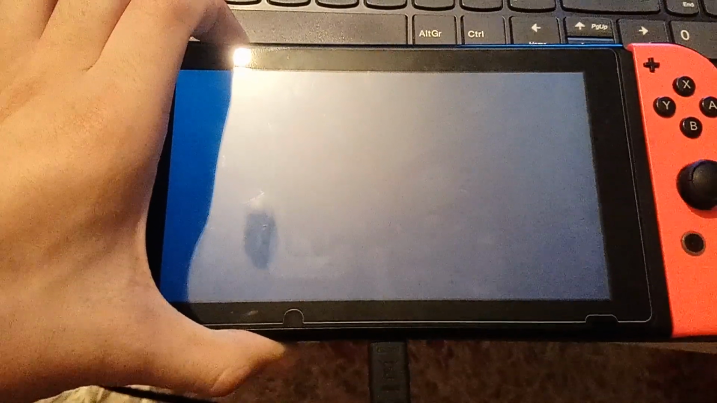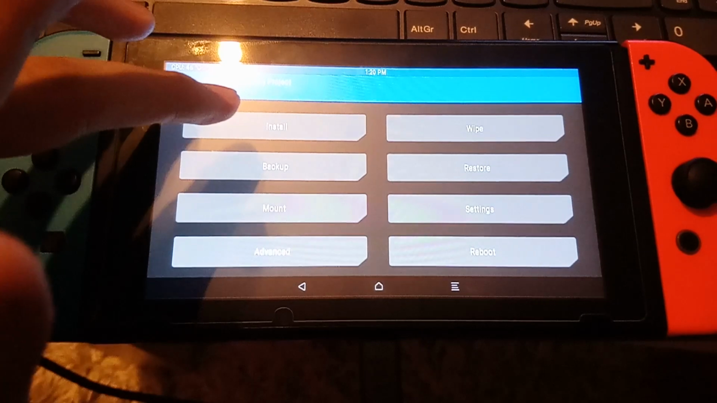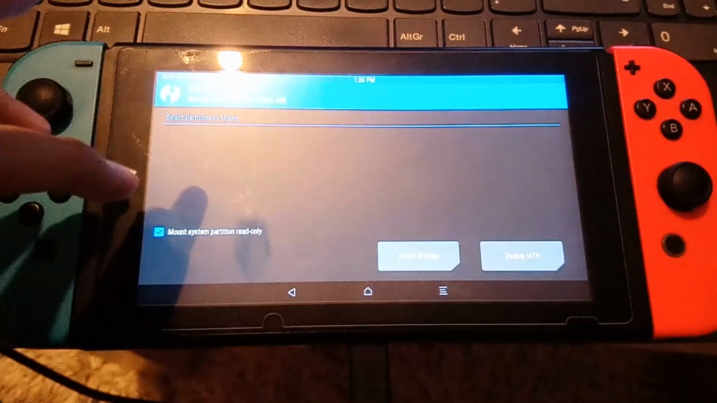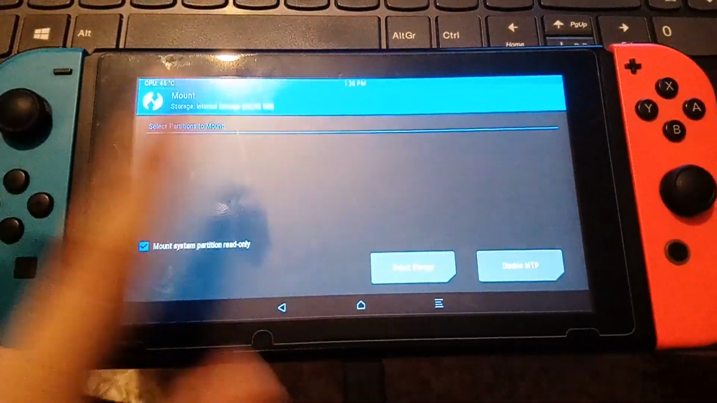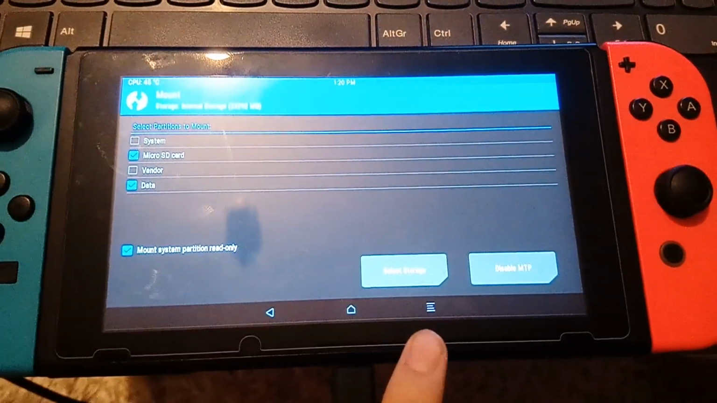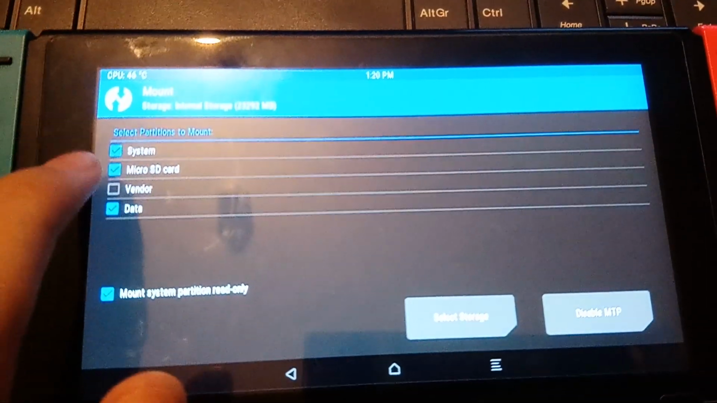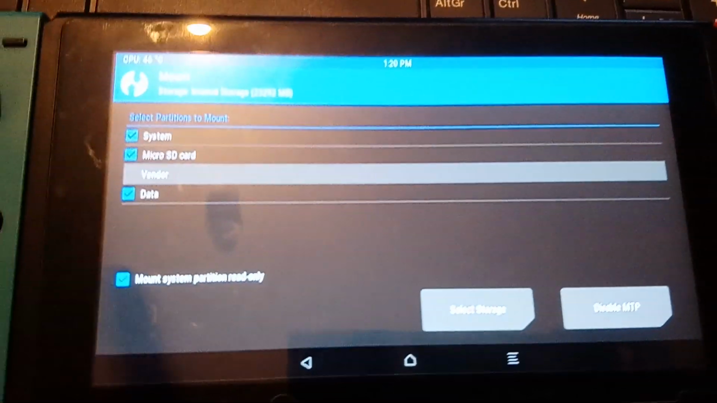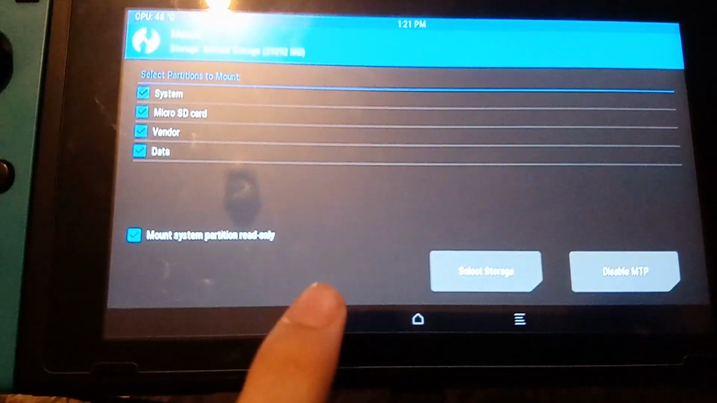TWRP is where we flash the zips, just like we do on phones where we unlock the bootloader. So what I'm going to do is pick Mount, and basically there's a bug and the screen doesn't update unless there are any touches, so feel free to touch something like this. And what you want to do is mount system and vendor. As you can see, it says it gets stuck, but it doesn't really matter. It's going to go back